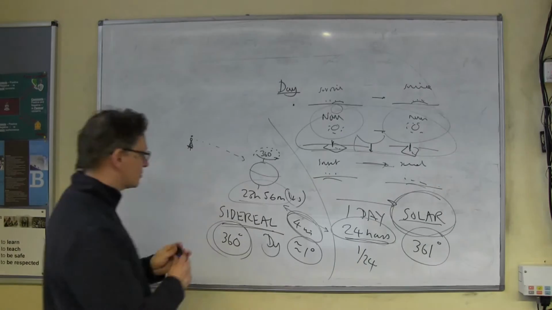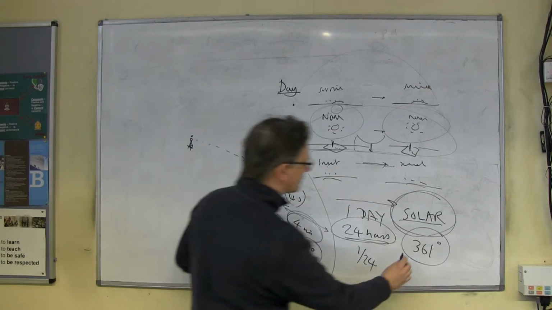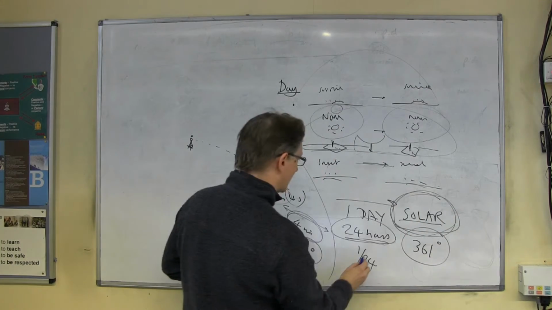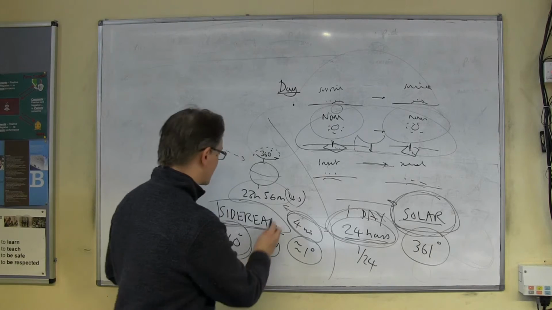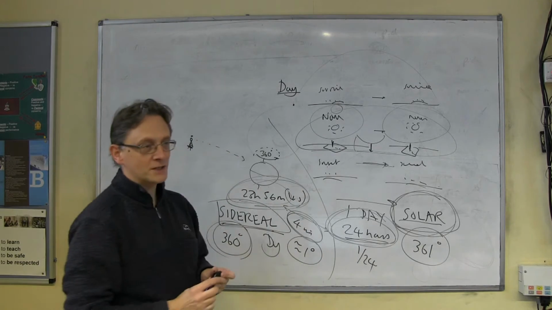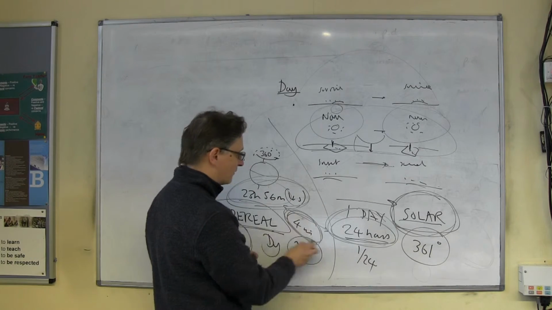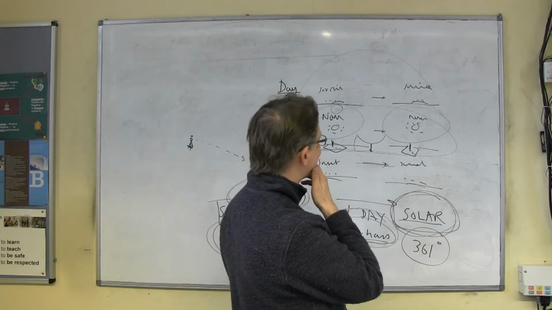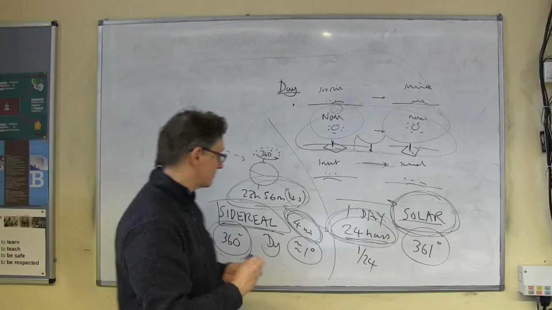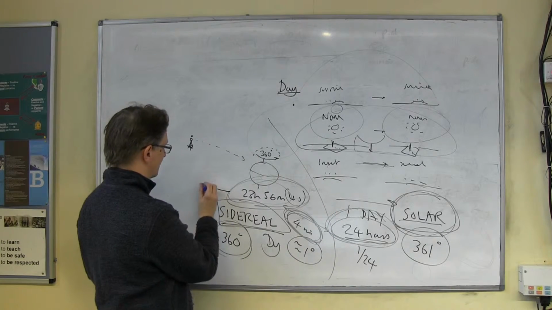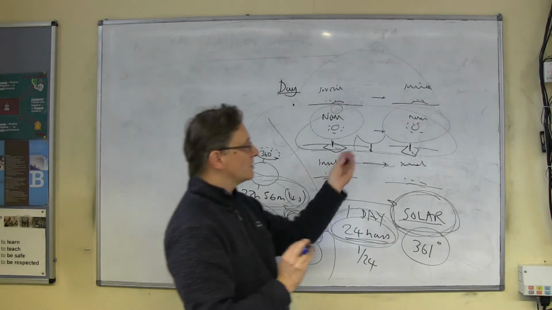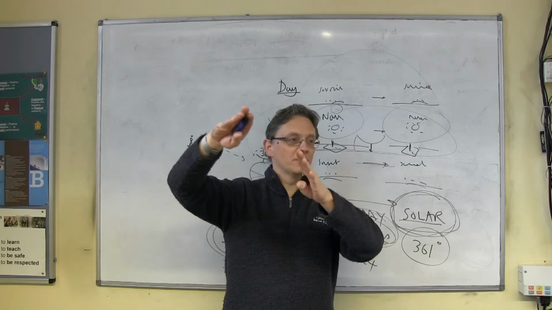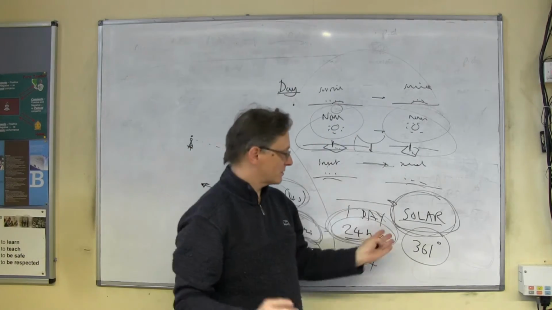Make sure you know sidereal, solar, the times, 24 hours, 23 hours 56 minutes you need to know, and the fact there's a 4-minute difference we're going to come back to. And in fact, we can link it up to, because there's some nice questions they ask about this. Let's imagine you've done your experiment with your shadow stick, you got noon, and then you waited for the next noon, it was 24 hours.